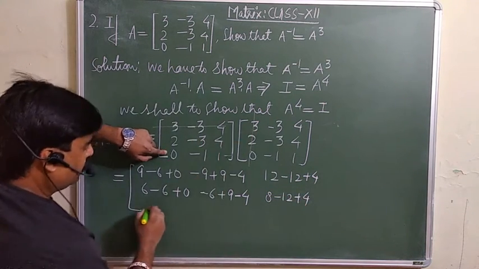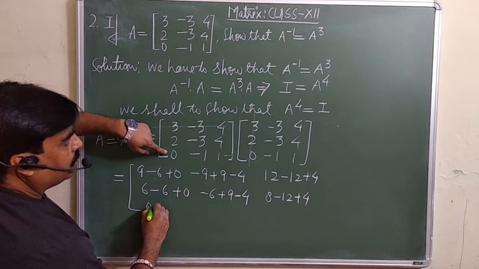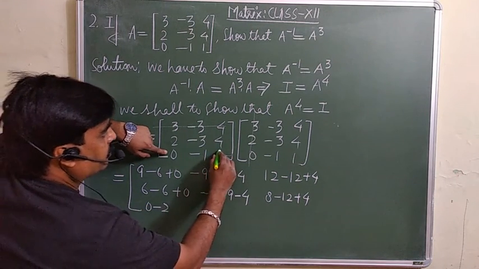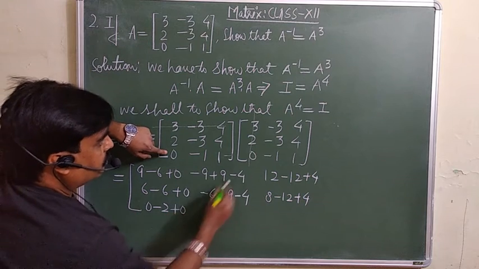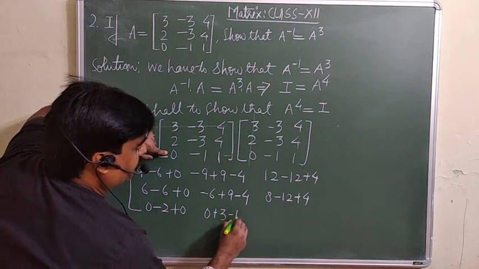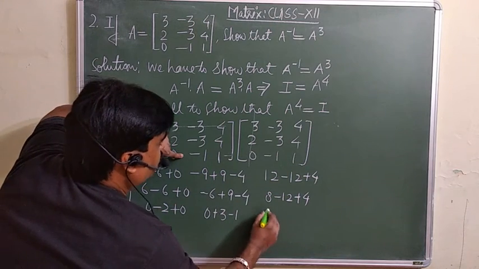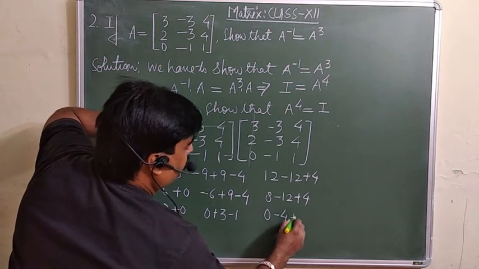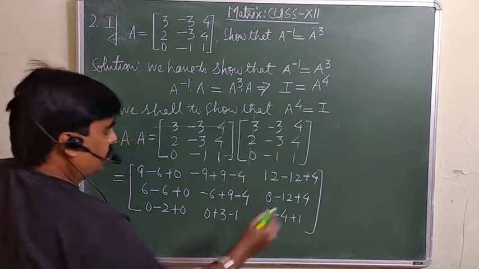Here you will multiply 0 minus 2, 0, then 0 plus 3 minus 1, 0 minus 4 plus 1. So finally you will get this is equal to